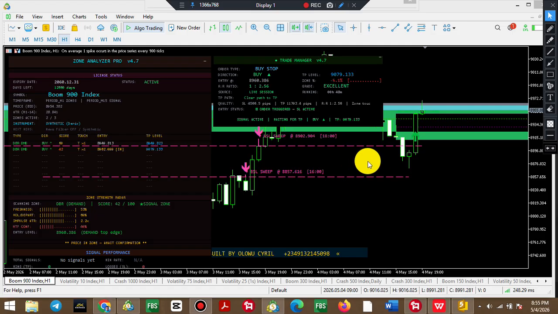Exactly. Aside from that, I don't see any other strong problem that we'll have here because already the system is sound enough to deliver accuracy for you. It's now left for you to decide how you're going to position it, either on a VPS whereby before the end of the month you'll be able to see a good outcome because you won't be missing signals all the time, or you just want your PC whereby you have to sit down steadily or make sure your